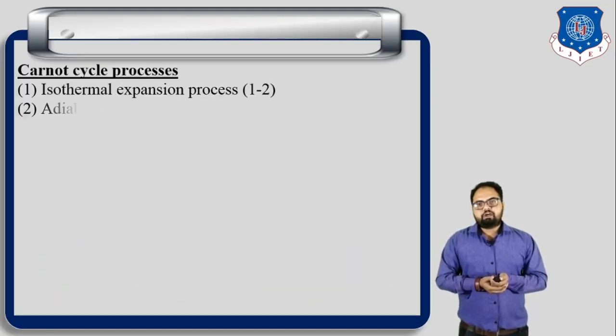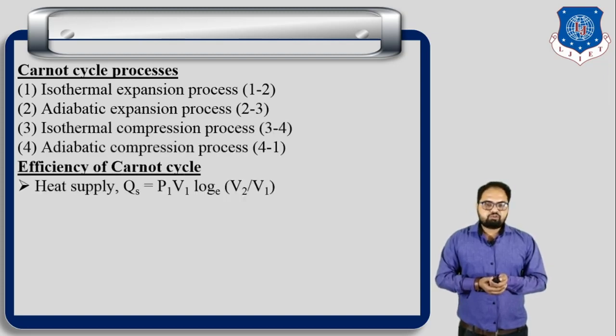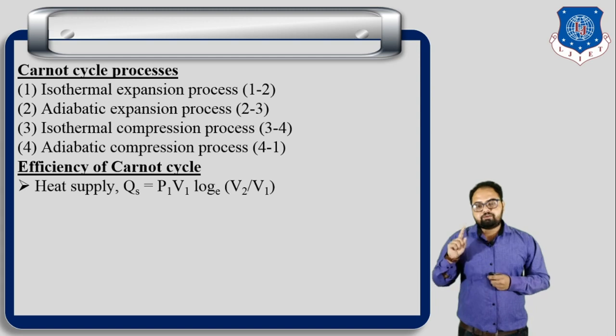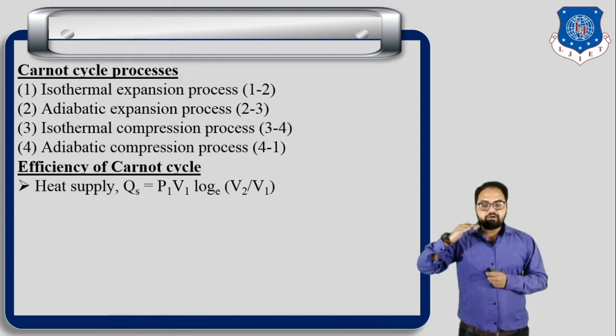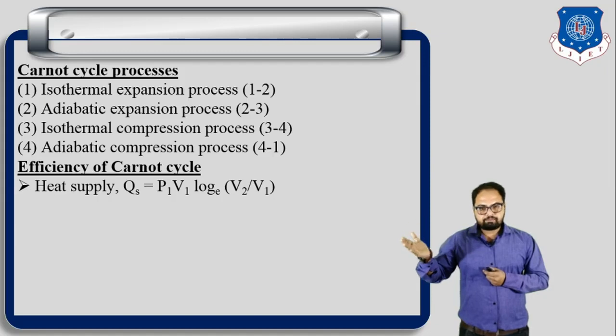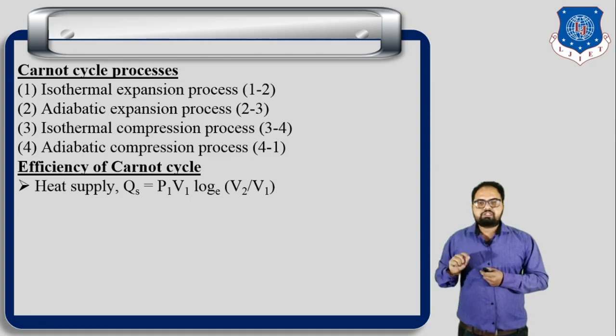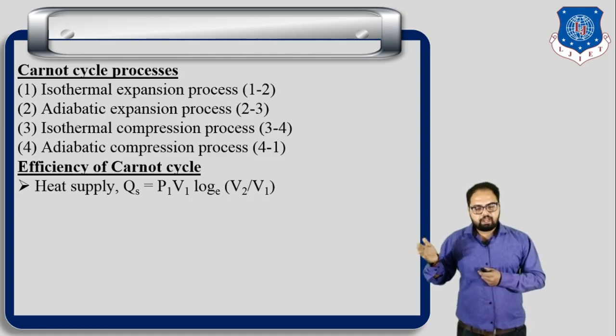solve the thermal efficiency of the cycle. First of all, the main equation for thermal efficiency is equal to net work done divided by heat supplied. The net work done is the difference between heat supplied and heat rejected. So (Qs minus Qr) divided by Qs. If we want to solve the efficiency of the Carnot cycle, we must have the value of Qs and